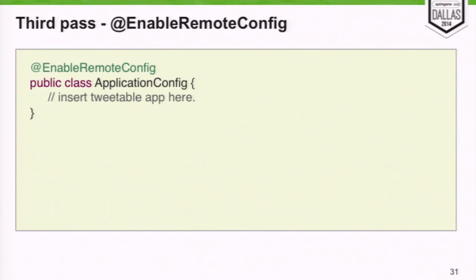The next pass of this was we started migrating our apps over to Java configuration-based configs. So we added this enable remote config. It looks kind of similar to Spring Boot's enable auto configuration. I swear ours was before Spring's, so it wasn't the name. But fortunately, we didn't end up with the same name, because then one of us would have had to change, and you wouldn't have wanted to be there for that